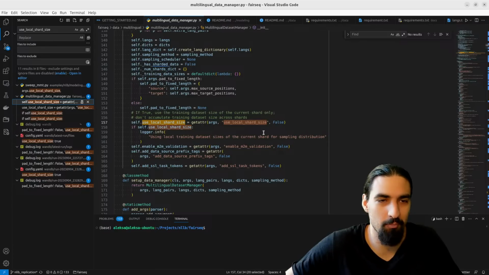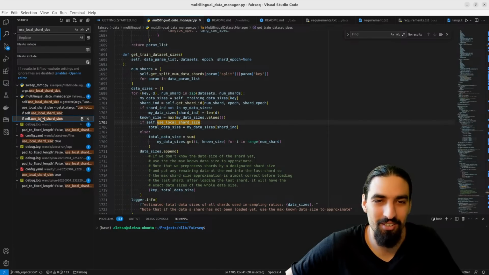They just keep on pasting this sentence, but just because you repeat it doesn't mean it's clear. Okay, get train dataset sizes, total data size. Otherwise, the size is a sum across the shards. So that's how it's used here.